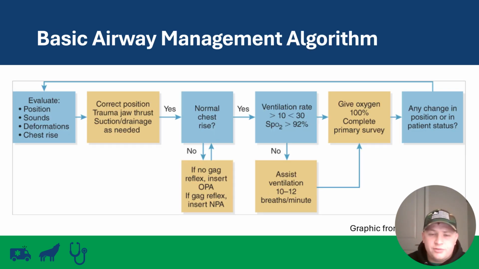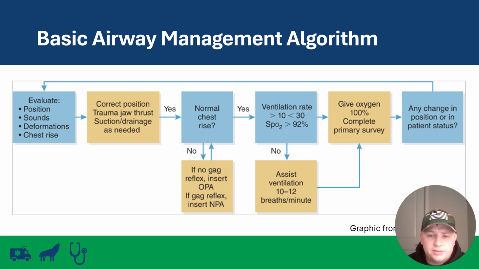Here's a great, very clean algorithm coming from the PHTLS airway chapter. It starts with your quick assessment. You want to evaluate the airway position, any sounds, any deformations in the airway, and then look for chest rise. Use your manual maneuvers, suction and clear the airways if you need to. If your chest rise is good, move on to assessing breathing. If your chest rise isn't good,